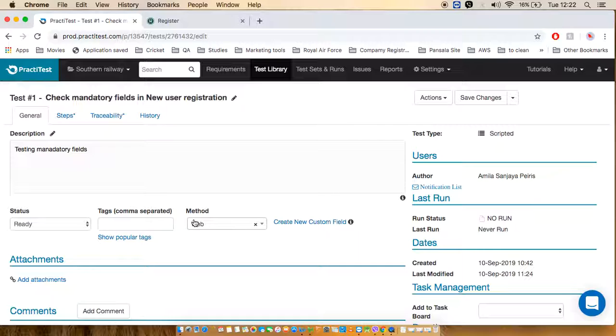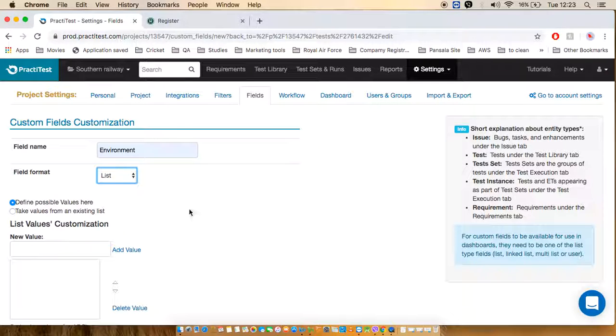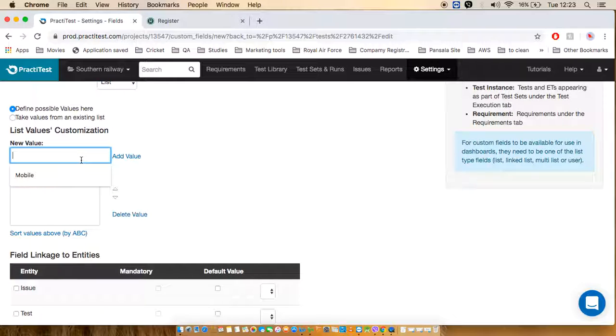I already have the method field in here. If I wanted to create a new custom field, I will click create, and I'll give a name as environment, right? And I wanted to add a list field format, so I click list, and I can add values. I can add live and staging,